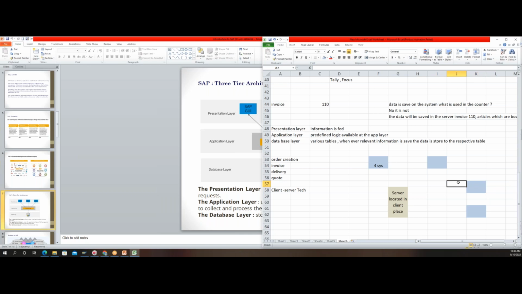The moment he reaches Gachibowli, this guy will ask him to produce the invoice copy. Once he enters the invoice number in the system, data is retrieved from the server to this system, and then he will process it further. So that's how the centralized business works, and this has brought a lot of advantage to the enterprise.